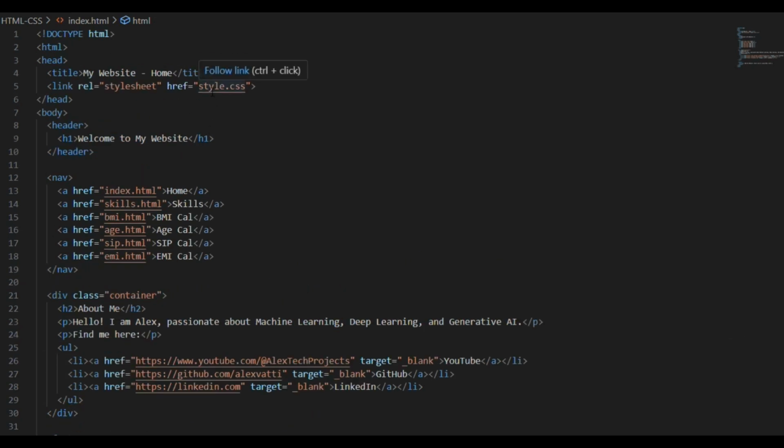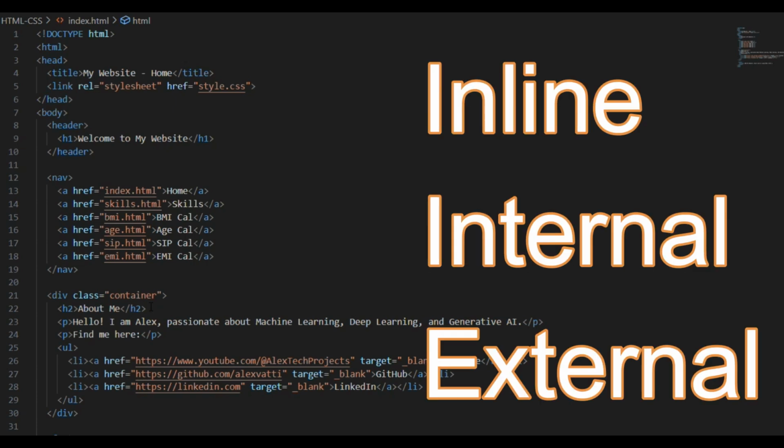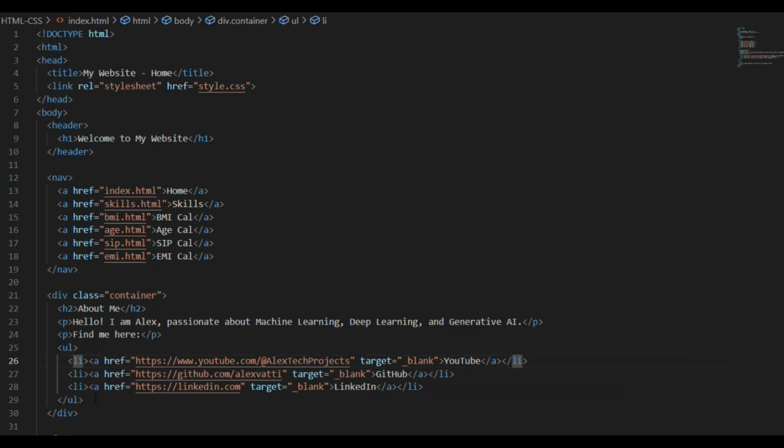In order to tell about the styles.css, how you can apply styles, we have inline, internal, and one more thing called external. If you write along with the tag, that is called inline. If you write in the head itself, there is a style tag and you can write there, that is internal. If you write everything in a separate file and refer to it, that is external. So like this, link rel stylesheet, and I have given the CSS. This is the way: all the style sheets I am keeping in one file, and I am referring to it across all the